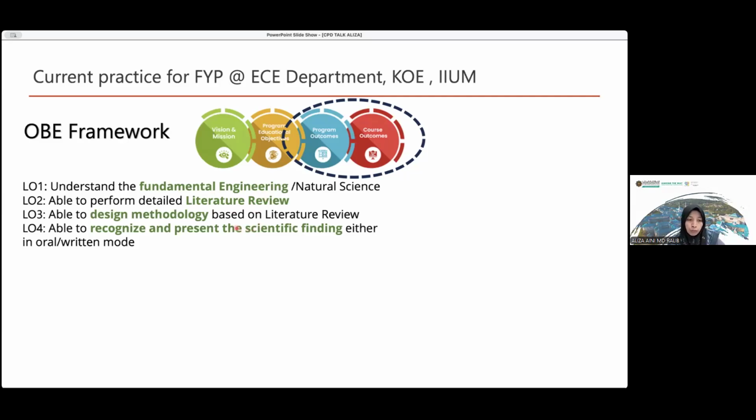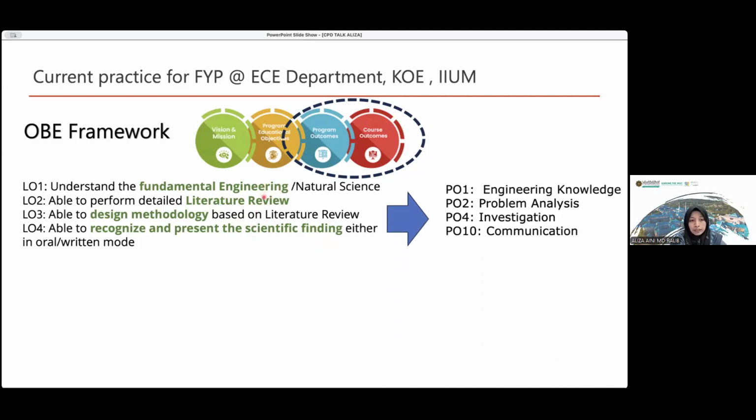So they need to propose a design based on the literature review that has been performed earlier. And the last one is to recognize and present scientific findings, either orally in a presentation or in written form in the report.